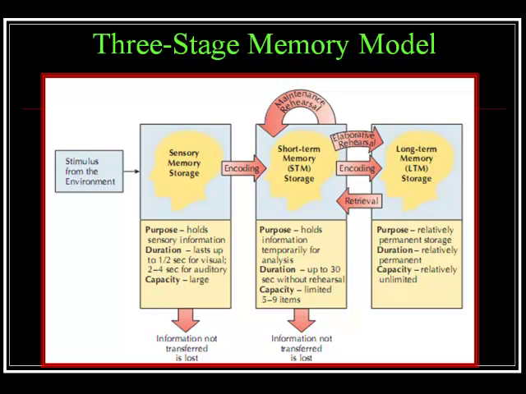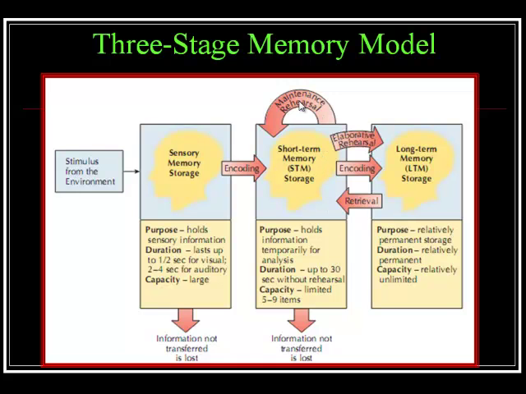The three-stage model for memory is a very influential model for helping us understand how memories are developed and held in the memory system. This diagram indicates that there are three stages: sensory memory, short-term memory, and long-term memory. And the short-term memory store is one of the most important because, in a way, it's sort of the bottleneck of the system. If you look down here in the bottom, we can see that the duration for short-term memories is pretty limited, 20, 30 seconds, something like that,